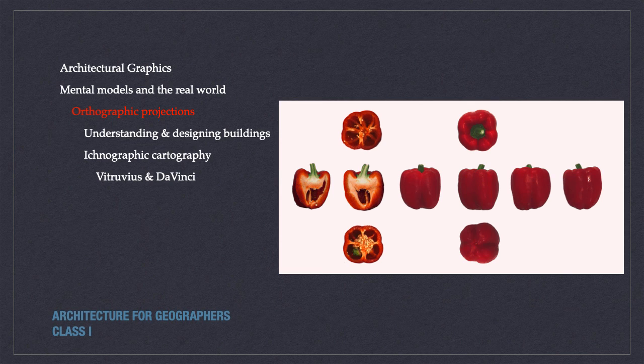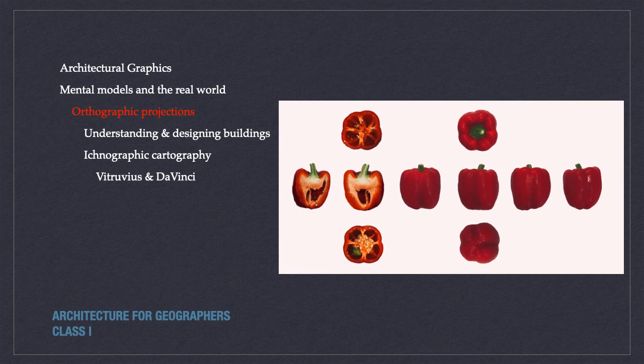Architects use these orthographic projections all the time. This image of a cut pepper illustrates the 10 typical views. On the top row are the plan on the left, and the top plan, or roof plan as an architect would call it, equivalent to the iconographic town map plan. In the center row on the left-hand side are 2 cross sections. A longitudinal section will be cut along an object's major axis, while a transverse section cuts along a minor axis. In the pepper's case, it's nearly symmetrical, so they're both transverse sections.